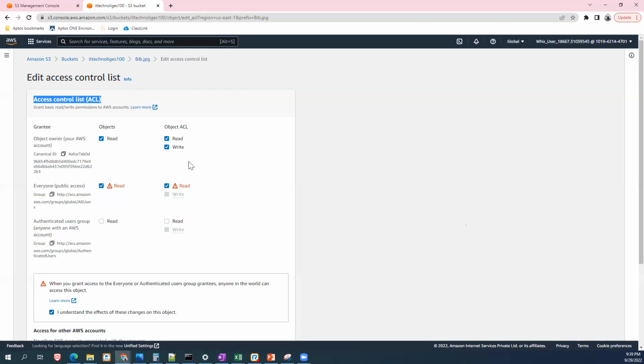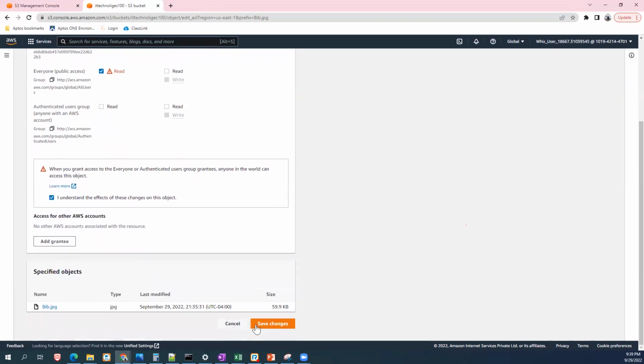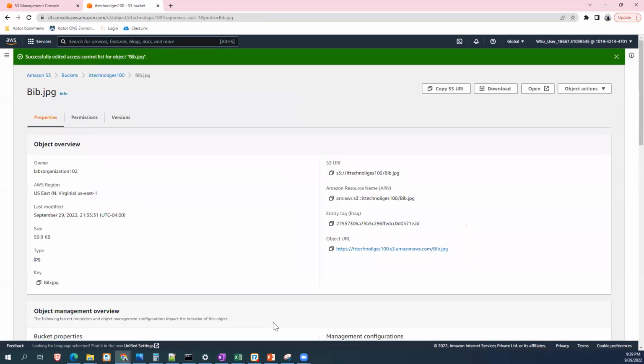Actually, we have to give the access to the object. Why do I have to give the list? Okay, let us do that then. Let us give access only to the objects and see what happens. Yeah, let's see that. If it does not work, we can play with that. Okay, this is the URL. Let's grab this URL.